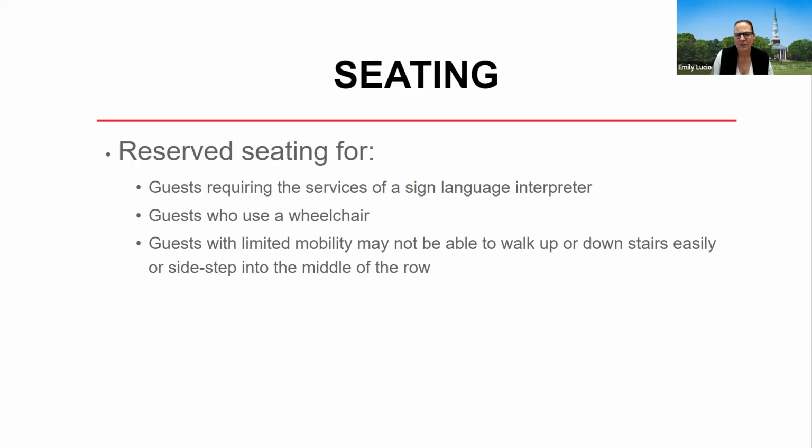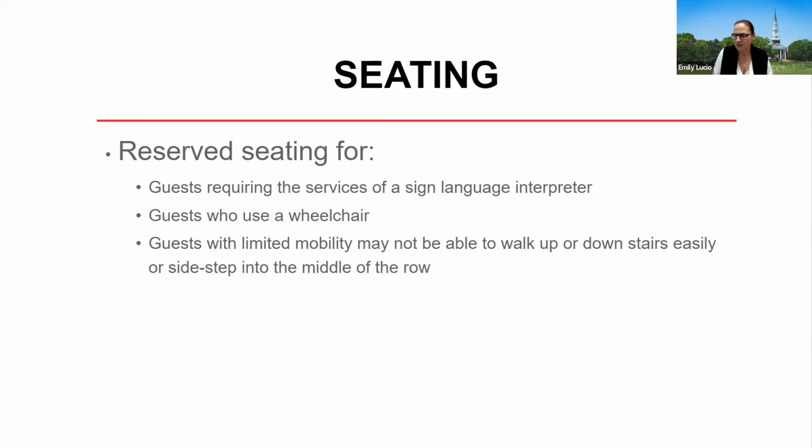So if you have a lot of seating, you may want to reserve some seating up front for those who may need to be able to see the sign language interpreter. When you're spacing out your seating, you may want to cordon off sections for people who use wheelchairs. If you go to a lecture hall that has fixed seating, make sure that there's a seating area for individuals